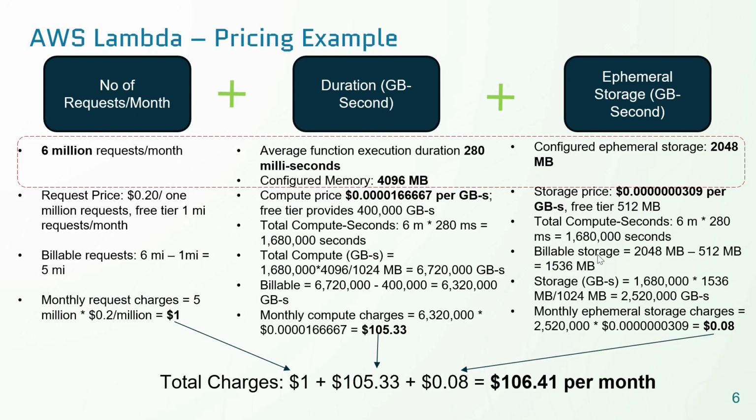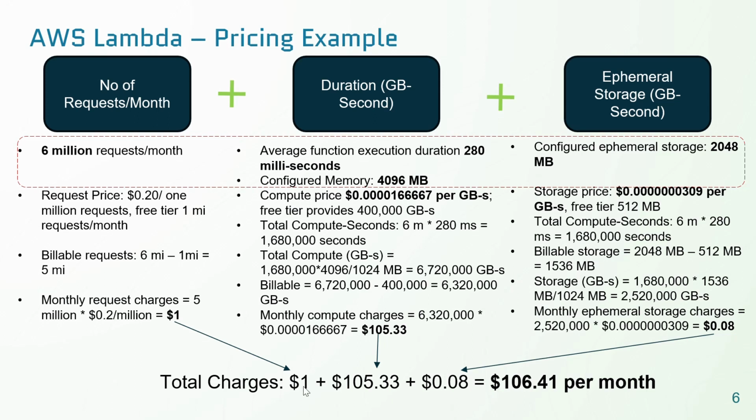Billable storage is 2048 MB, which we allocated, minus 512 MB, which comes to 1536 MB effective. Storage GB-seconds is 1.68 million times 1536 divided by 1024, that is 1.5 GB, giving 2.52 million GB-seconds from the storage standpoint. If you multiply that with the storage price, it comes to around